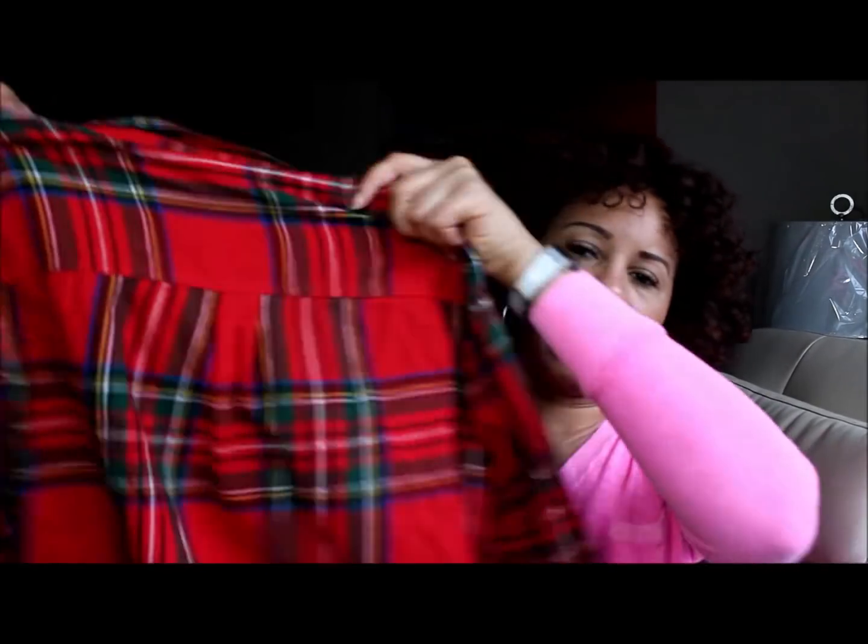Okay, since we're at the Salvation Army, let's keep going in that direction. I found this one in the next town north of me, in a new market. I picked this plaid shirt up. I have enough plaid shirts, but I actually like the red in this one. I like the colors of the plaid, and it was $6.99. Really cute. You can't have enough plaid shirts, and it's actually flannel, so it's quite warm, and it was only